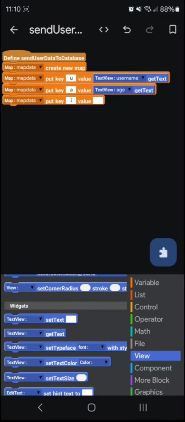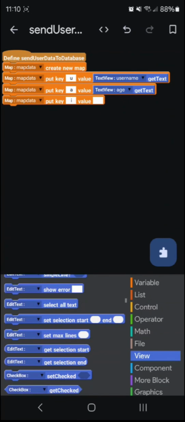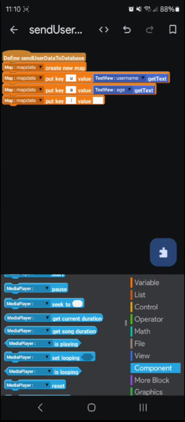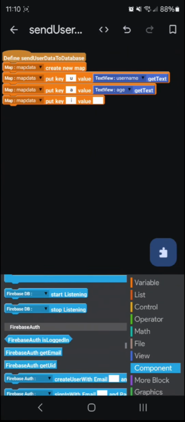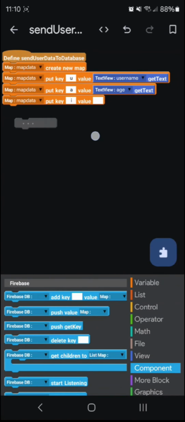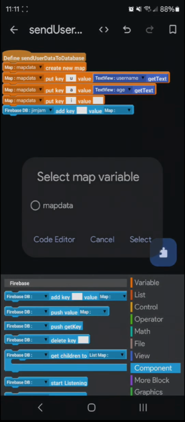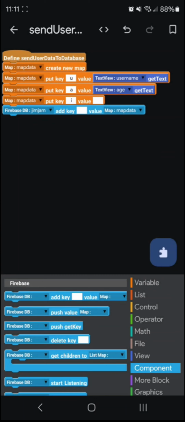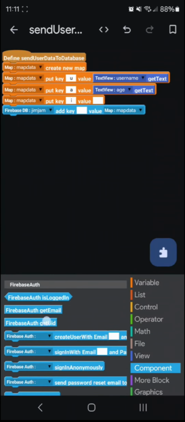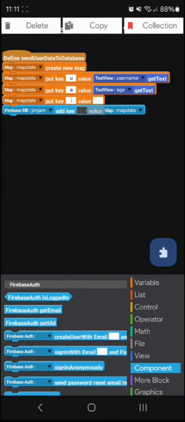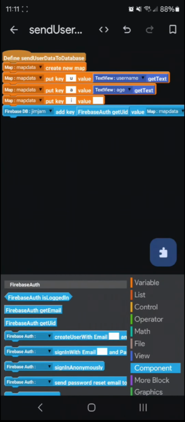So we're going to send that data to our JimJam database. So go to your component section, look for the Firebase object block that says push key value. So what key value we're going to send is actually going to be our get key from our Firebase authentication, which is get our UID. We're going to be sending our key value